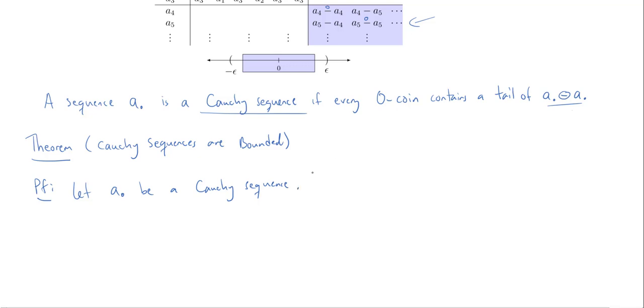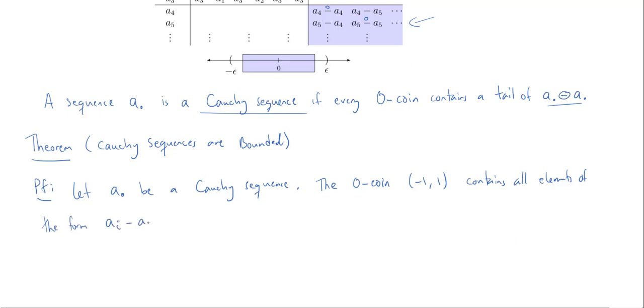Okay. So the 0 coin -1, 1 contains all elements of the form